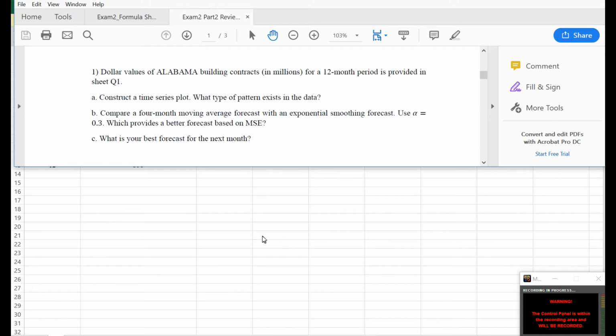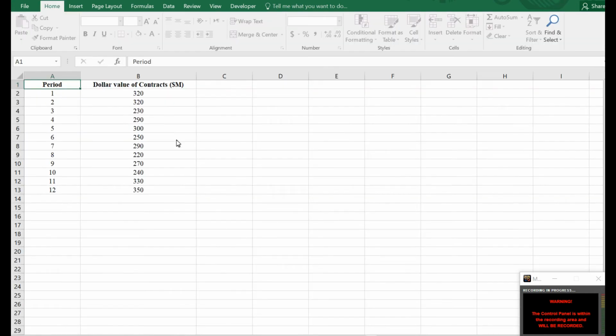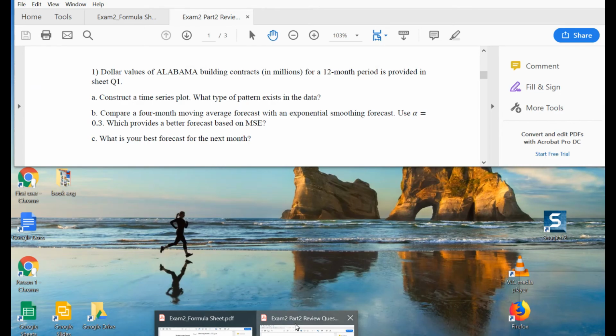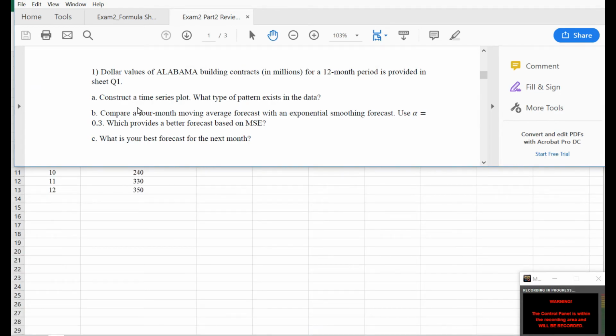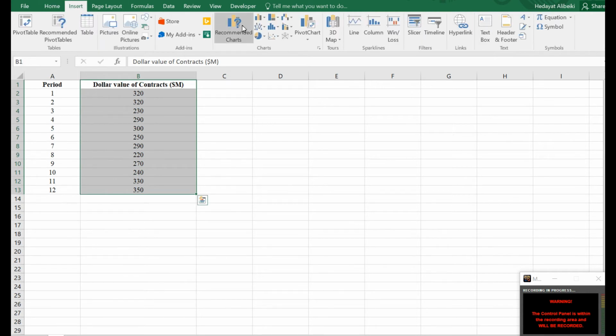So let's actually go to the data file and get started. So here's the data file. So here's the time series. So for the first part, for the line chart for visualization, let me just go back to the question. So the question actually is for a time series plot, which is basically a simple line chart, and then comment on the type of pattern that exists. So for the line chart, I simply need to select the column, all my data points, and then insert a line chart,